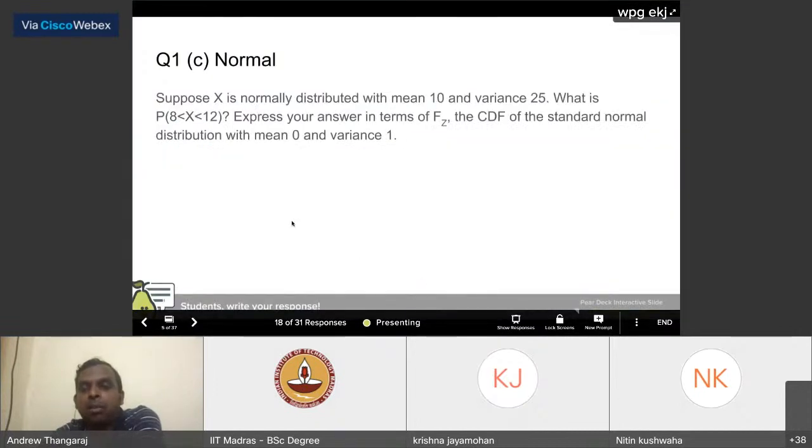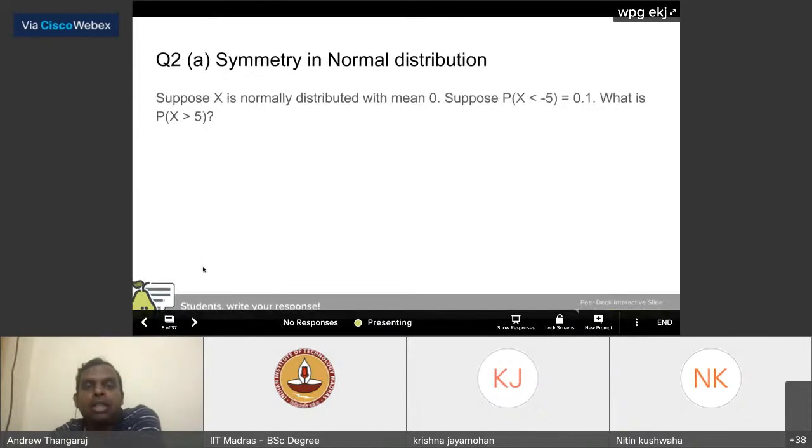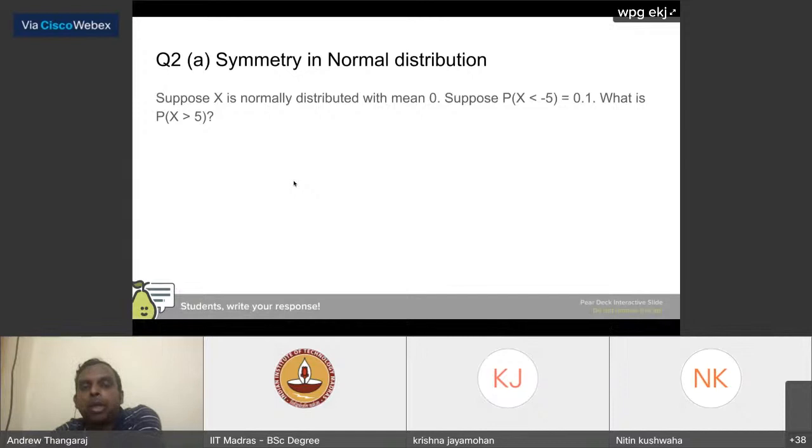Let me repeat that once again for probably the nth time. The most important distribution of all is the normal distribution, and any probability like this you should be able to very readily compute. Let's see more computations now. We will start using something called the symmetry in normal distribution. You saw the bell curve. The bell curve is symmetric about the midpoint, so about the mean, right? So when x is equal to mu.